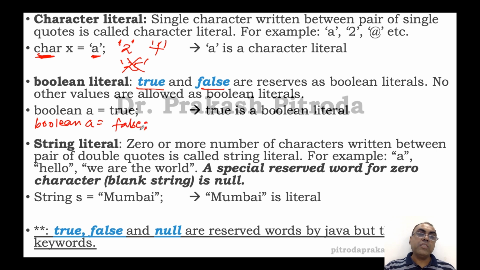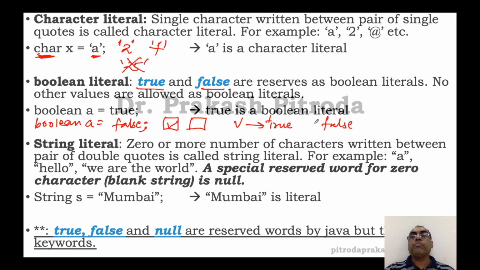Again, this one also has a very important use. Number of places you have seen a checkbox. In a checkbox, sometimes you have a tick, the second time you click, the tick goes. So every time you tick, which is nothing but true, and when you untick it, it becomes false. So it has a very important use in doing the setting. So at some stage when you become a professional programmer, you will use this very highly in order to do the setting of the program.